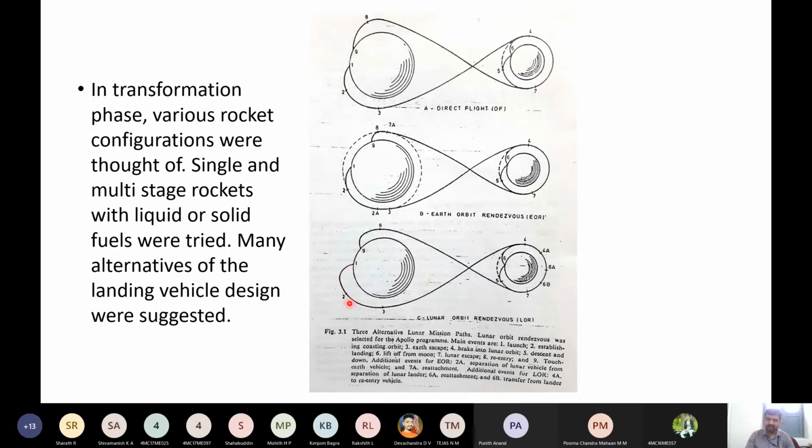It will go to the Earth orbit, escape from the Earth orbit, and reach the lunar surface, and the vehicle or the equipment designed for the moon will be detached from this main vehicle. It will be landed on the moon. Then again it will take off, and then it will come back to the Earth surface.